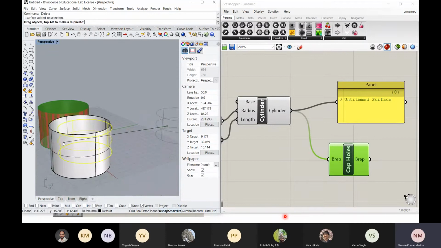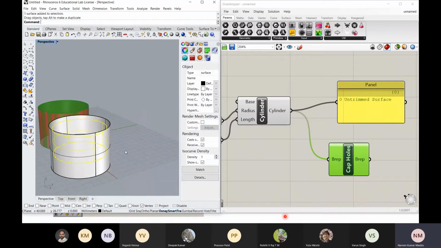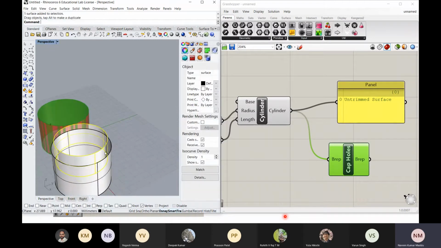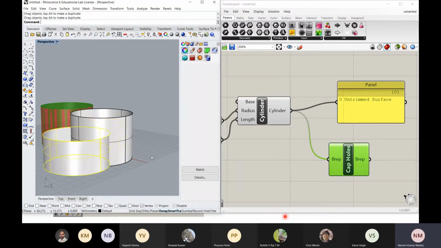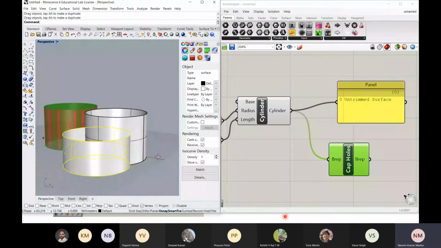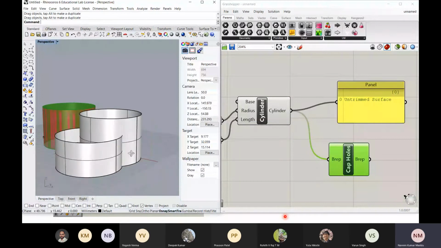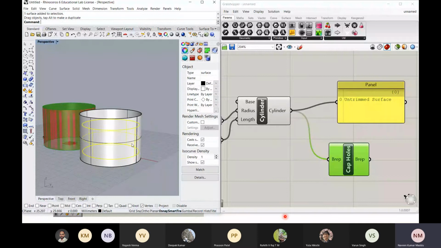If one solid is completely inside another solid, then you will not be able to do anything, because for this software, as it is surface based modeling, there's nothing inside. If you have some kind of intersection like this, then you will be able to perform Boolean operations. But if one complete solid is hidden inside another solid, then you won't be able to do any operations in this software, though not in all CAD packages.